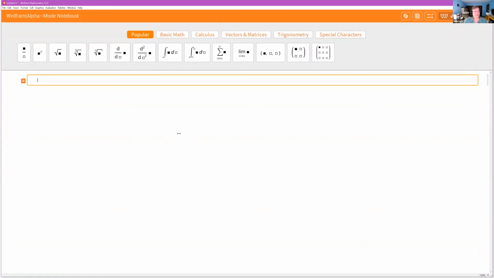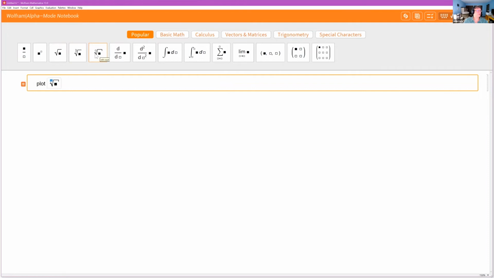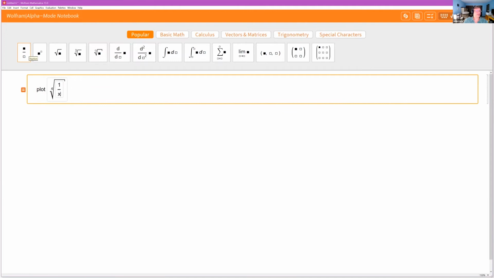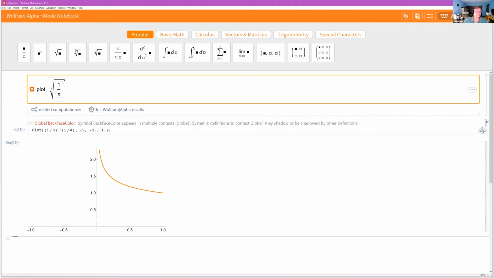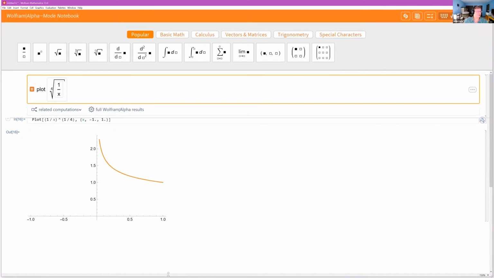And so if I want to do, for example, a plot, I just start typing in plot, and then say I want to do the 4th root of 1 over x. I press enter, and there are tiny little buglets that I neglected to deal with. But yeah, there's a result, and I can go back and edit this. I can add more typesetting,